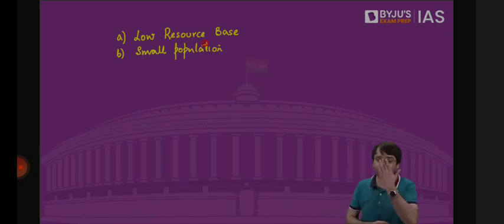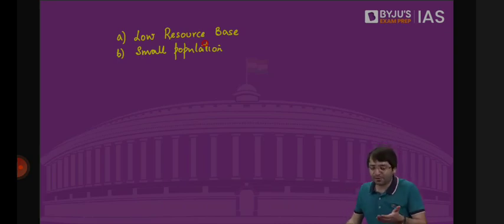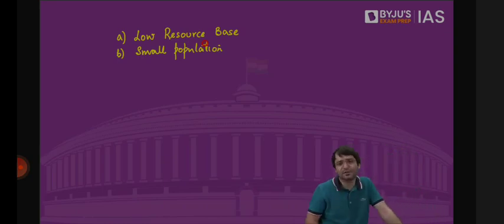The government said, look at these union territories that we are creating, the 6 union territories: Delhi, Manipur, Andaman and Nicobar Islands, Lakshadweep, Himachal Pradesh. All these union territories have a low resource base. That means they cannot generate their own revenue. They cannot raise their own money, which means they cannot self-sustain, which means they will always be with a begging bowl before the center. If they cannot self-sustain, why should we give them statehood? Because in any case, they are dependent upon the center for funds, for grants, for money, for resources. If we give democracy to these territories,